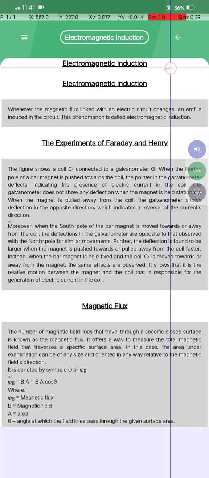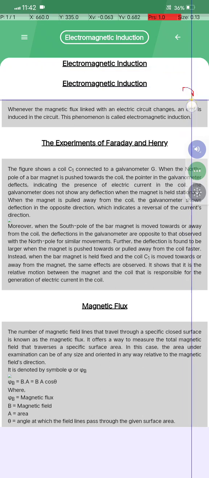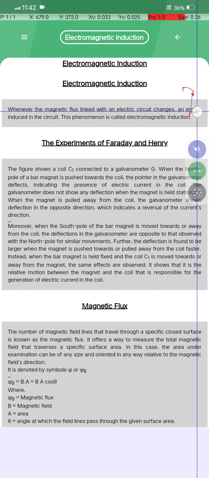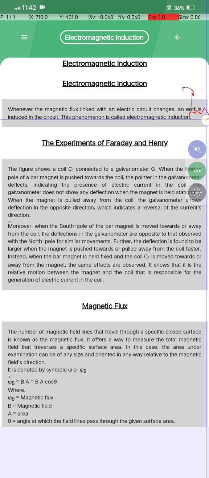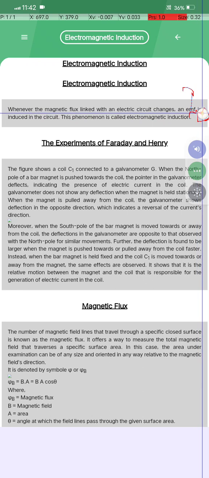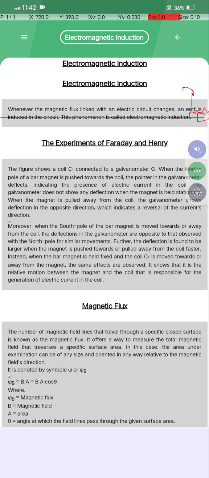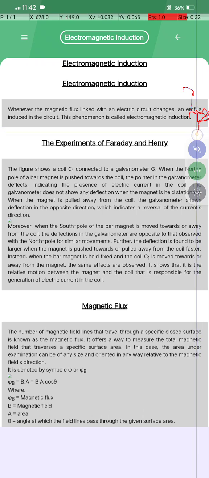Now today we are starting the chapter, the chapter name is electromagnetic induction. देखो electromagnetic induction होता क्या है? Whenever the magnetic flux linked with an electric circuit changes and an EMF is induced in the circuit, the phenomenon is called electromagnetic induction. मतलब होता क्या है, जब भी कोई magnetic flux जो होता है ना, electric flux में change होता है या EMF induce होता है, उसी को हम लोग क्या बोलते हैं, electromagnetic induction. ओके